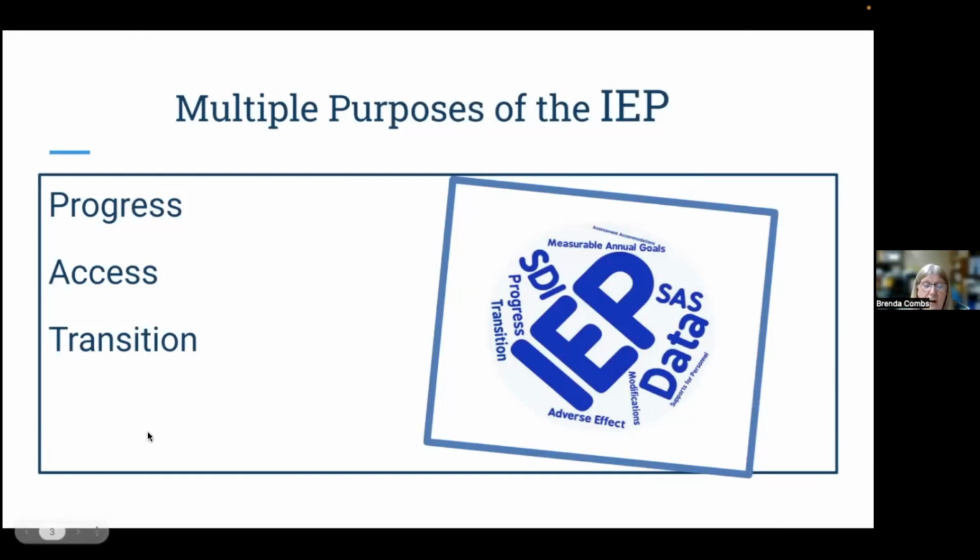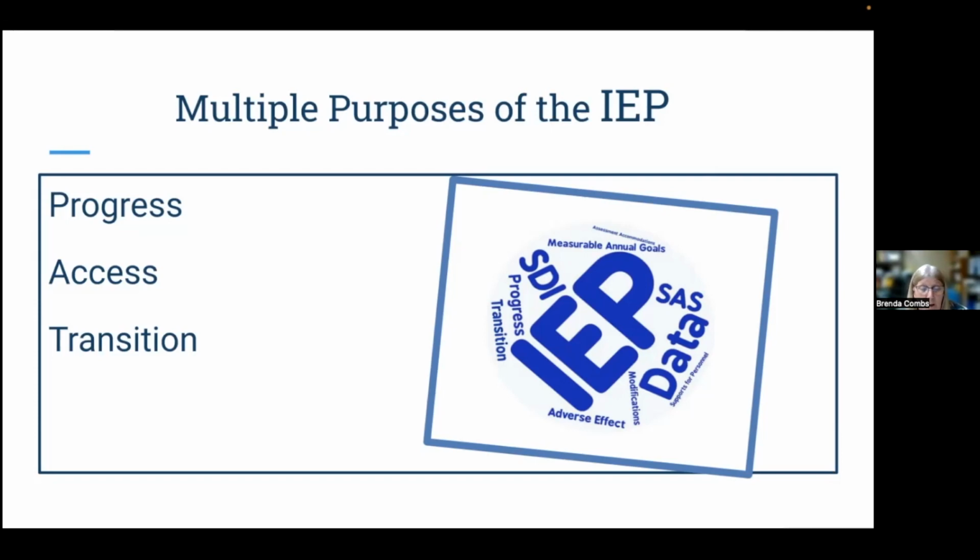Okay, so the guidance document has been revised once again to help us to be our guide. And sometimes you hear us say something like it's our IEP Bible or something like that. So it is a very important document. And within that document, it has a lot of information. One thing about that document that I like, it has a lot of guiding questions. So if you have a question about something, what do I need to put in this place or whatever you're working on, there are those guiding questions that will help you.